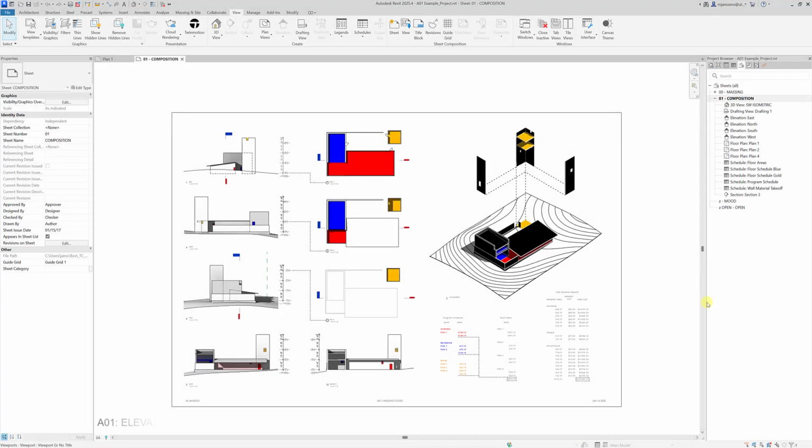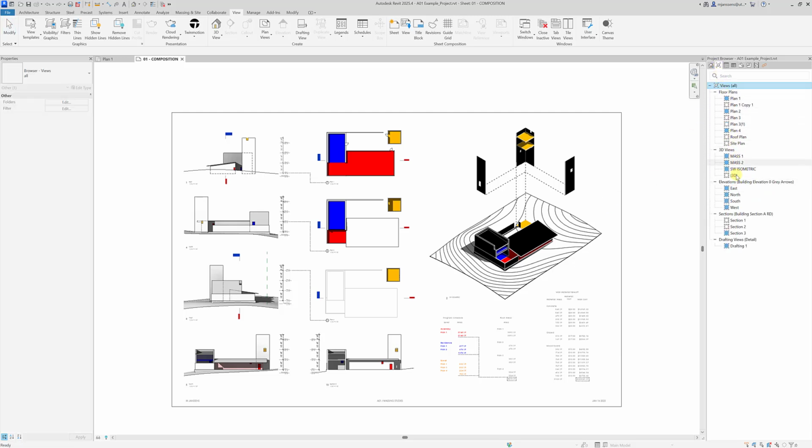Let's talk about elevations in your Revit project. Elevations are basically projections of a side of a building. There are different types of elevations: building elevations, enlarged elevations, and interior elevations. We're mostly focused on building elevations, and if you go into your views, you can see that under elevations, you